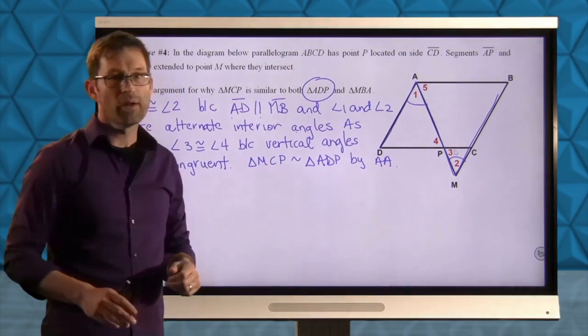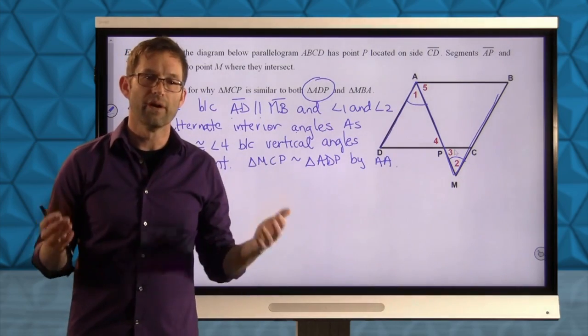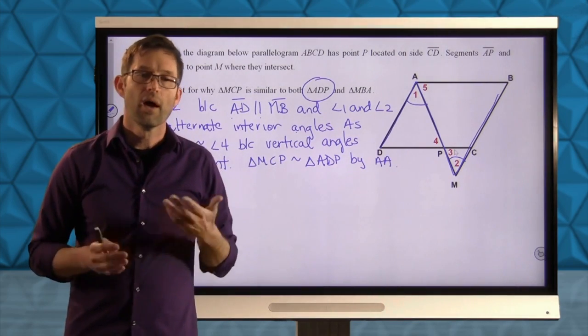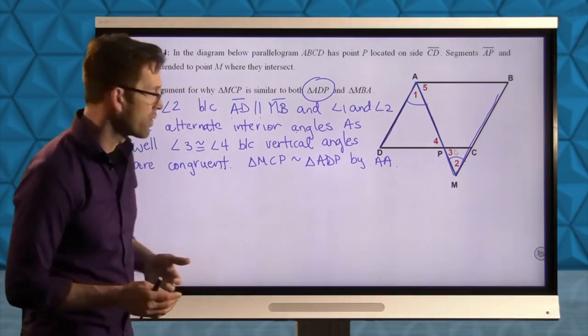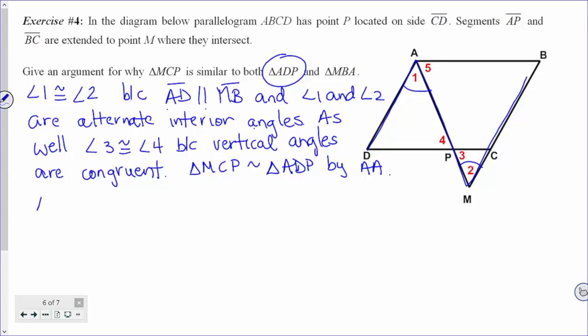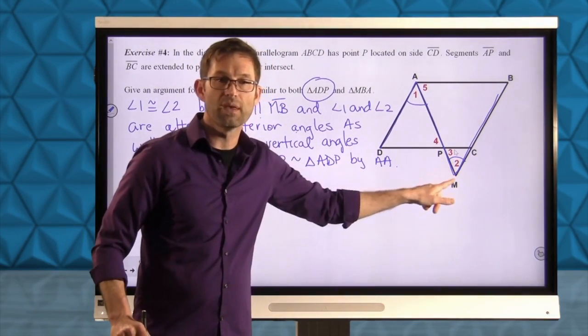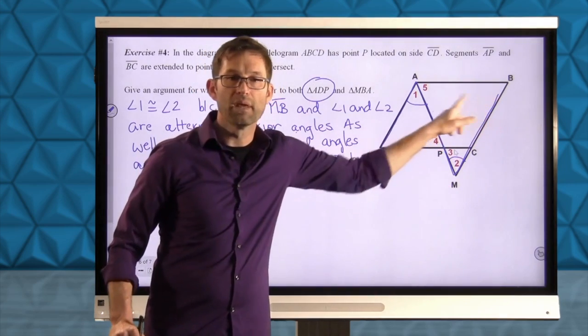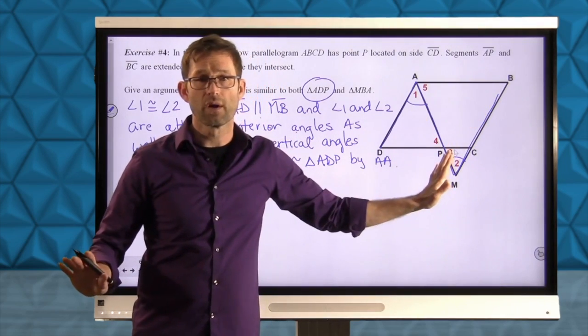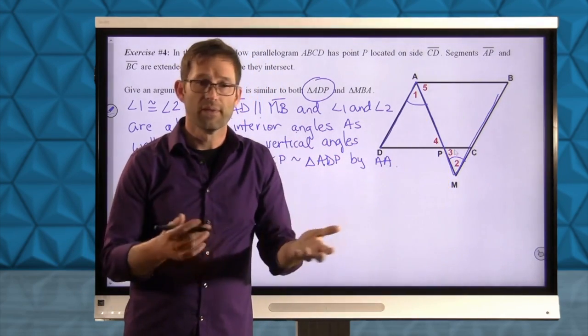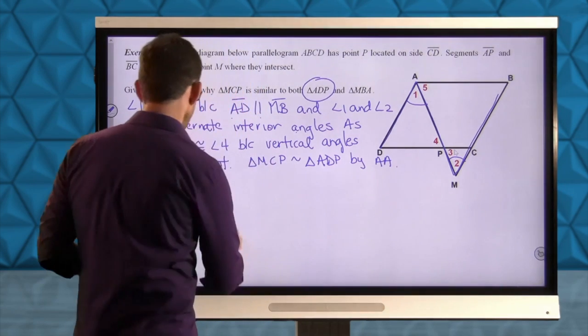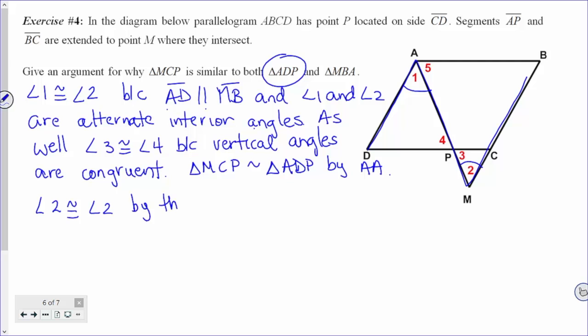Okay, so now why can I say as well that triangle MCP is similar to triangle MBA? Well, it's actually a very similar argument. I can make it a little bit shorter, because I can say angle 2 is congruent to itself. Now, why do I say that? Well, angle 2 is part of triangle MCP and triangle MBA. So I might as well use a shared angle. If I can get away with saying this angle is congruent to itself by the reflexive property,